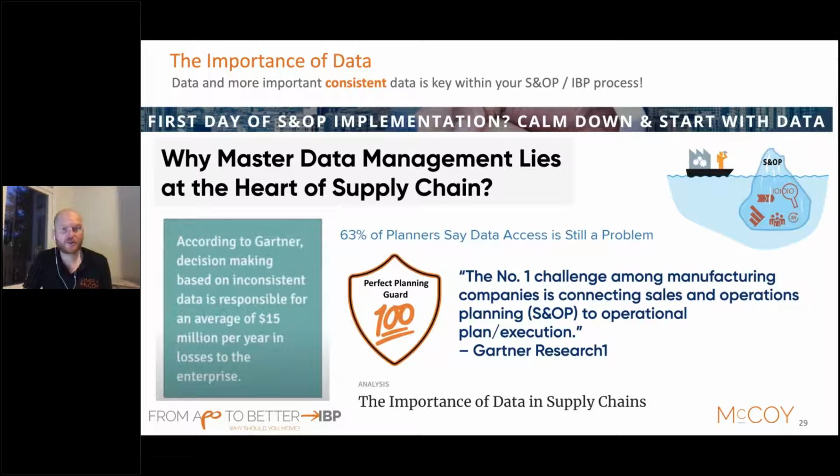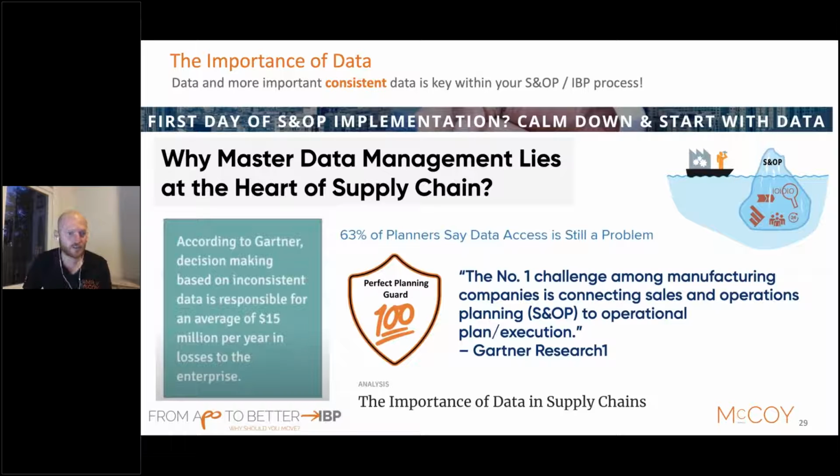everything consists around data. So in each and every S&OP or IBP process, data and the quality of data is key. So I think the headliner is already a nice example. If it's the first day of your S&OP implementation, calm down and start with data, because you can have the best-in-class tool like IBP is, still you are depending on the consistency of data flowing into your system. And there we see a lot of issues, and also in existing implementations, is that master data is key in every process, and especially in supply chain process, because you want to make sure that you are planning only on relevant combinations and that you're only planning with relevant data.